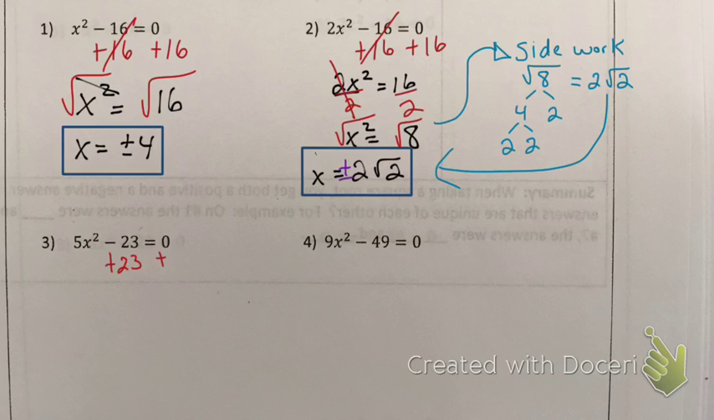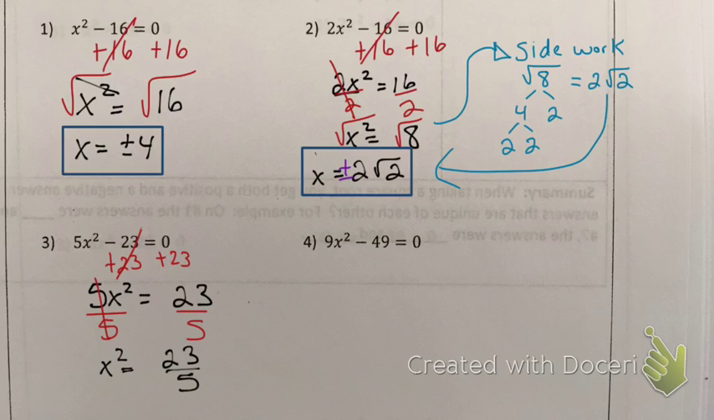So we're going to start by adding 23 to both sides to cancel out minus 23. When we do that, that leaves us 5x squared is equal to 23. Now we need to divide both sides by 5, which leaves us with x squared is equal to 23 divided by 5. Now to get rid of the square, we take the square root on both sides, and I want